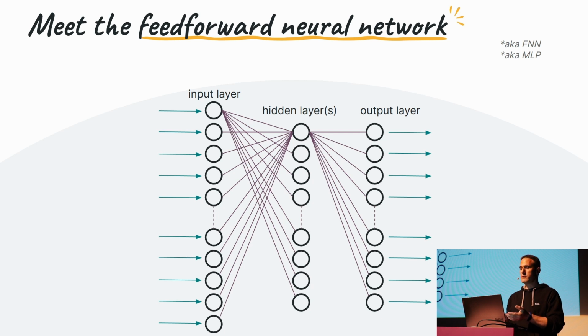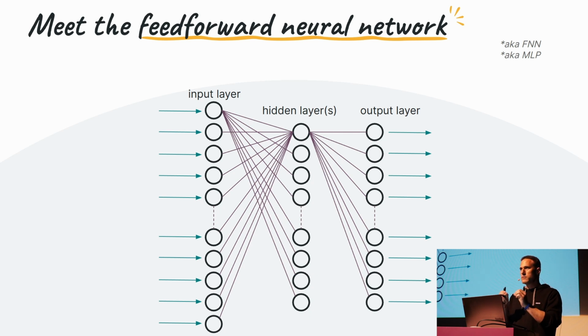A feed-forward neural network has a direction. So here you see that the information is going to flow from the left, entering the input layer. That will then forward the information in a fully connected manner to the next layer. Not all the edges are visible here on the slide, but each neuron, each node in one layer, is fully connected to all the nodes in the next layer. And so from layer to layer, the information is going to flow forward until it reaches the output layer. So that's basically what a neural network is.